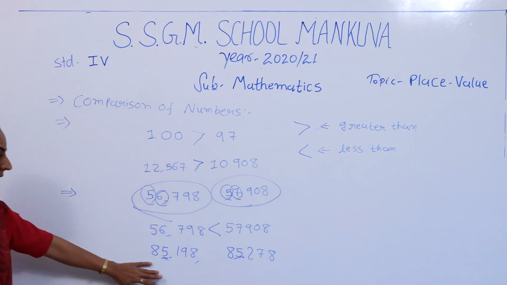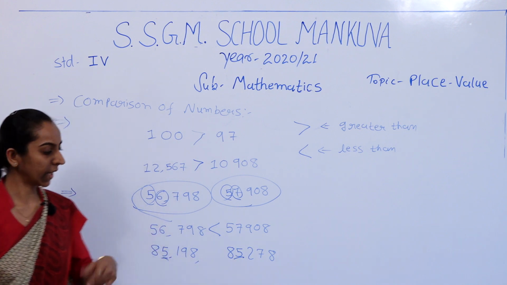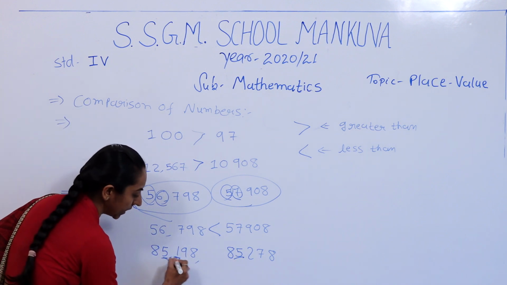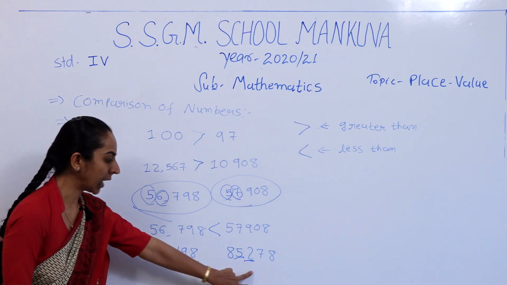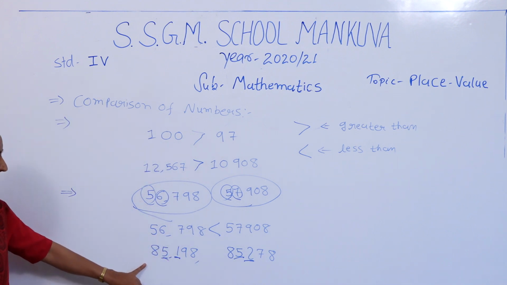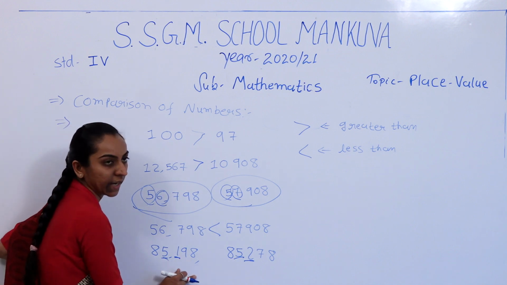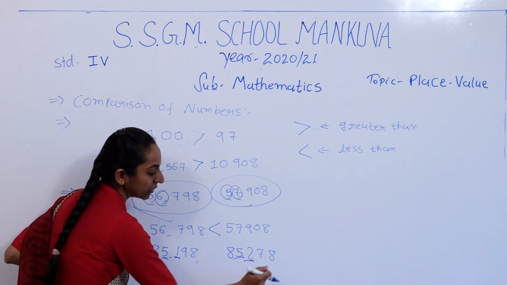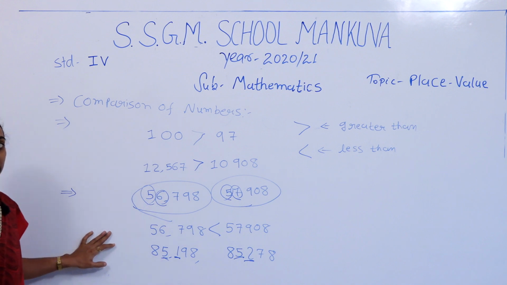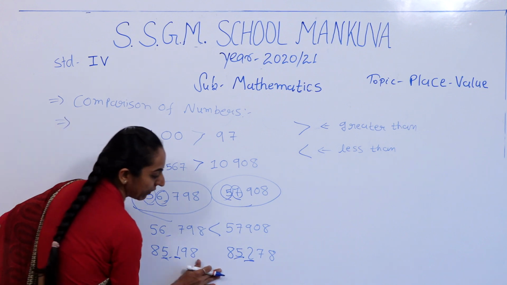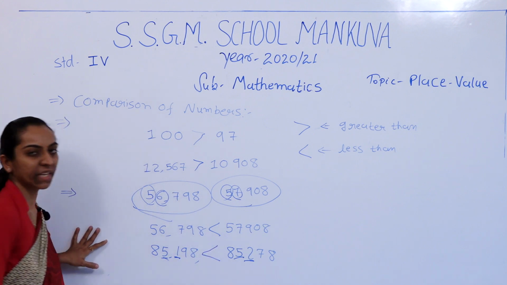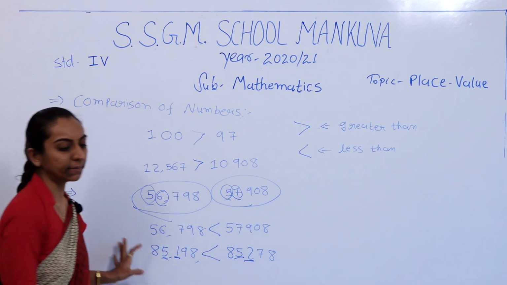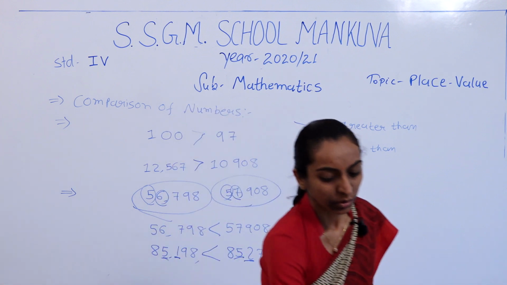That means second digit भी same है, तो हम देखेंगे third digit. Third digit is 1. Third digit is 2. That means 2 है वो 1 से बड़ा है, तो 85,198 है वो 85,278 से छोटा होगा। मीन्स के 85,278 बड़ा है, तो हम साइन लगाएंगे लेस देन की।